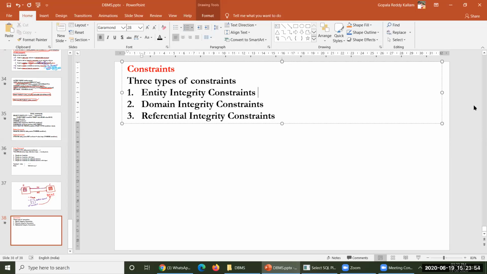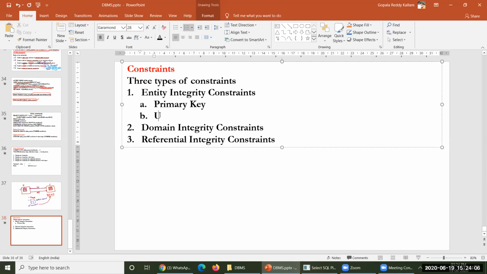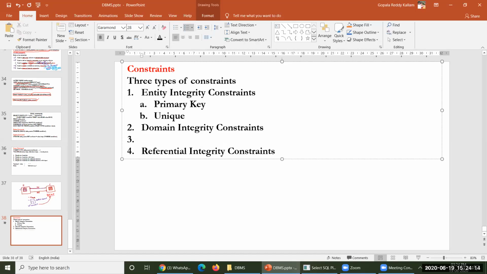Under entity integrity constraints, we have two types again. Type number one is primary key. Type number two is unique. These two come under entity integrity constraints. Whereas under domain integrity constraints, you have two types again.